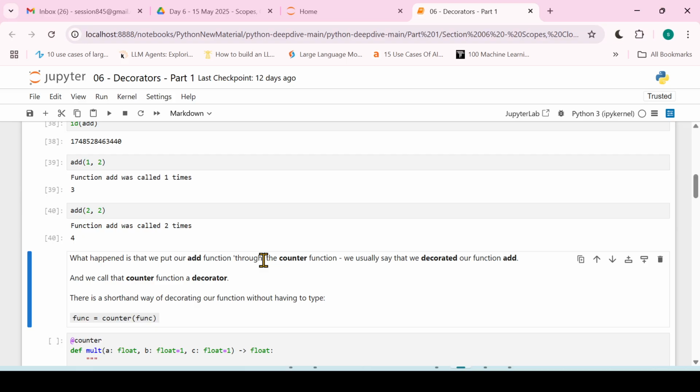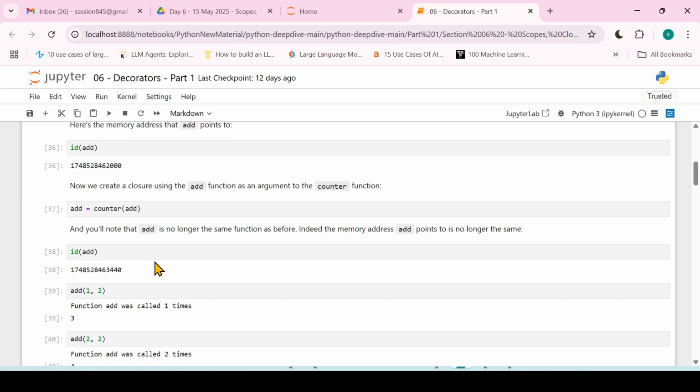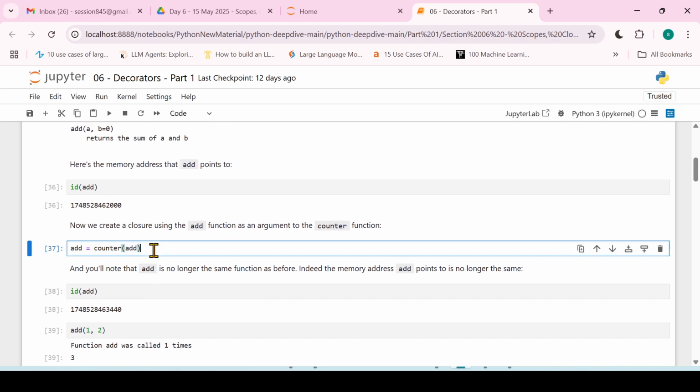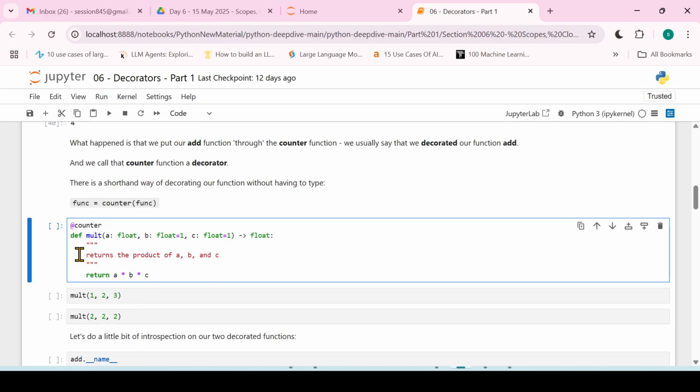And that's why we can say that the counter function is a decorator, right? Instead of assigning this way, like add equal to counter of add, which is what we have done here, instead of creating a decorator this way, we can even create a decorator in this format. Like here we're saying at the rate counter, then we have this function. So this means that